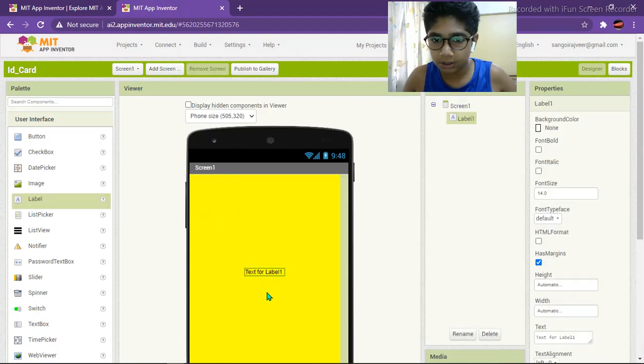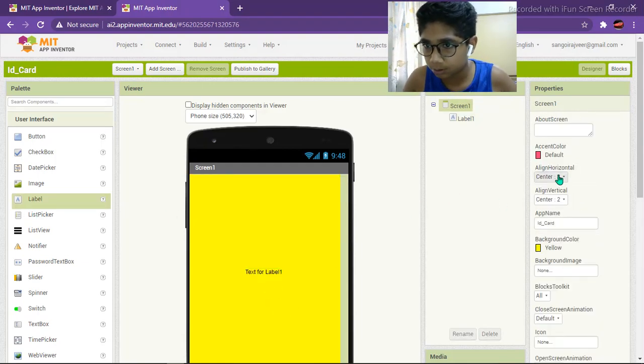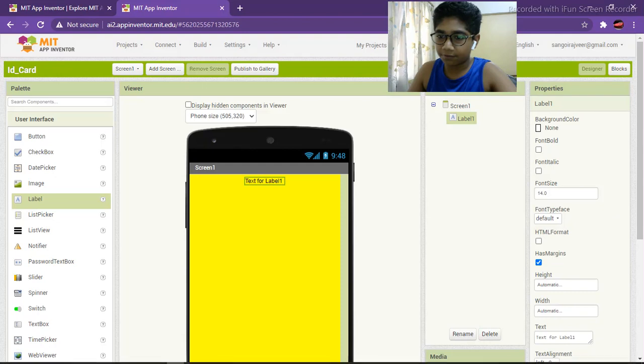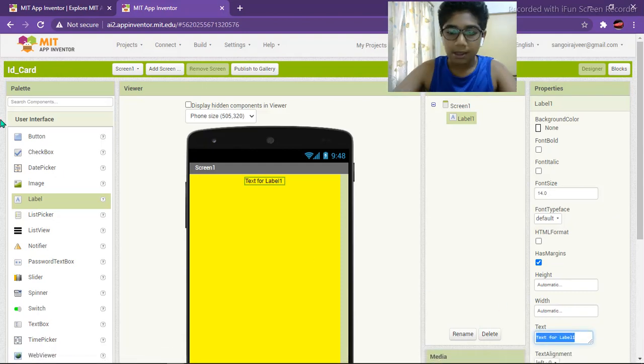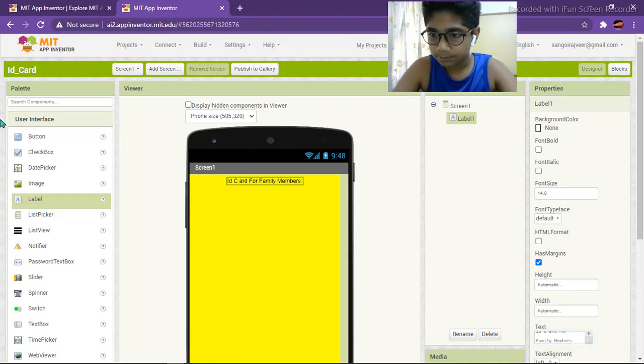This is at the center, which is not so great. So I will keep it at the top and we will name it ID card for family members. It is not looking good.